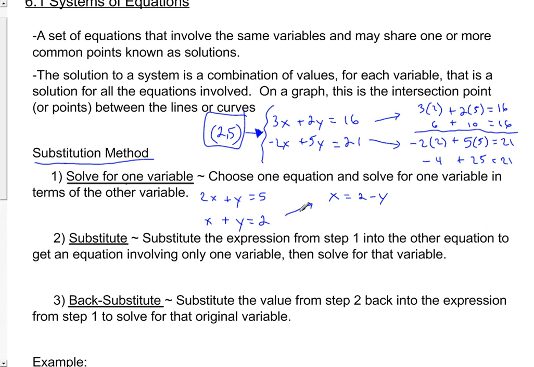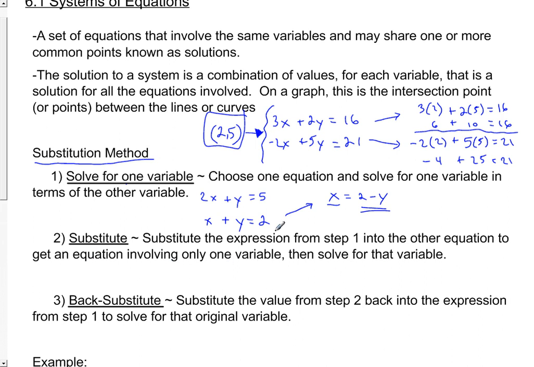So let's just take this first equation and solve for x. To do that, I would subtract the y and get x equals 2 minus y. So I've done that. I have done step 1. I have solved for a variable. Step number 2 would be to take that and substitute. You'd substitute the expression from step 1, in this case the 2 minus y, and plug that into the other equation to get an equation involving only one variable,